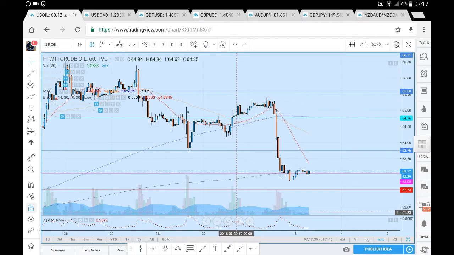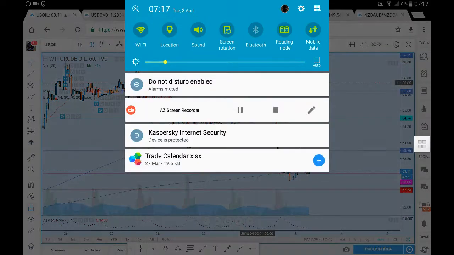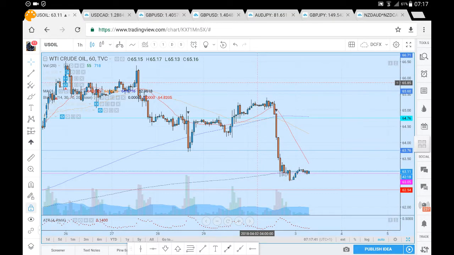So this US oil analysis for Tuesday, the 3rd of April. Now, let's just have a look at where prices are and where prices may likely go. So here on the US oil, we've seen the